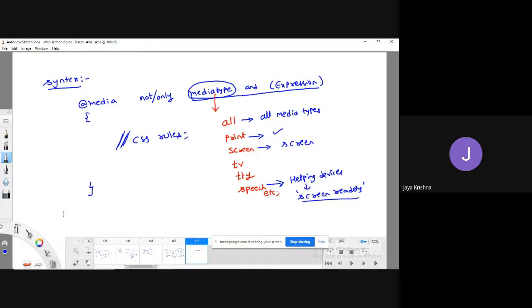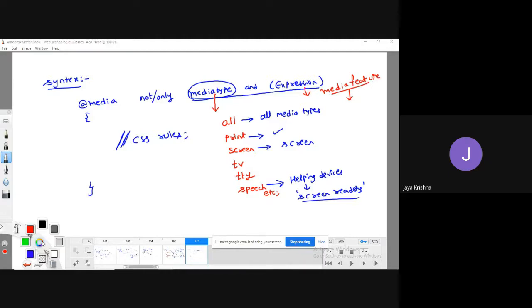And coming to expression, this expression can be any kind of media feature. Don't worry about the name media feature, it is just a different name, like a normal thing.